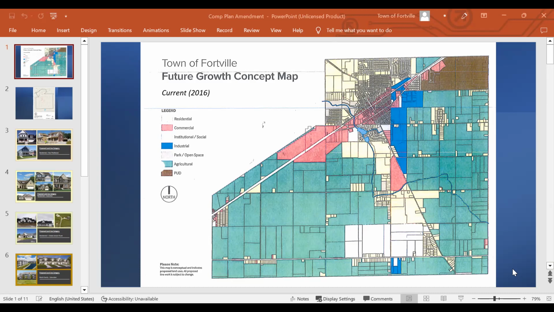But at the same time, with Fortville growing rather quickly, it hasn't provided a great guidepost for where we're going to put different land uses in the future, and also what types of land uses the town, both the residents and the council, would like to see. And of course, since we do have new council members too, it's a good time to revisit this map anyway to see if the policies have changed. So here's the map from 2016.